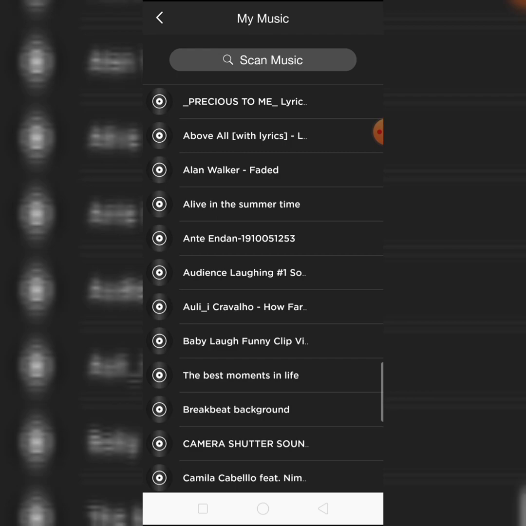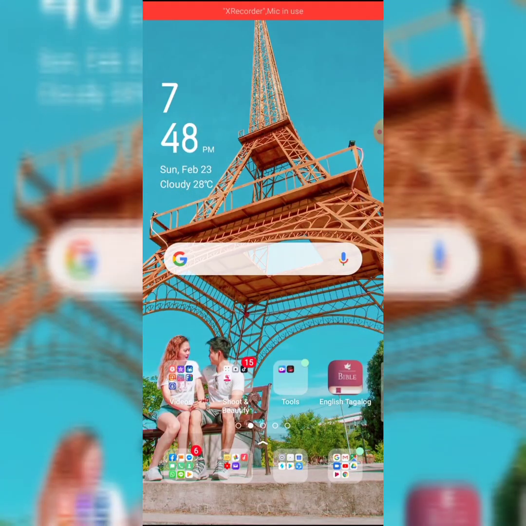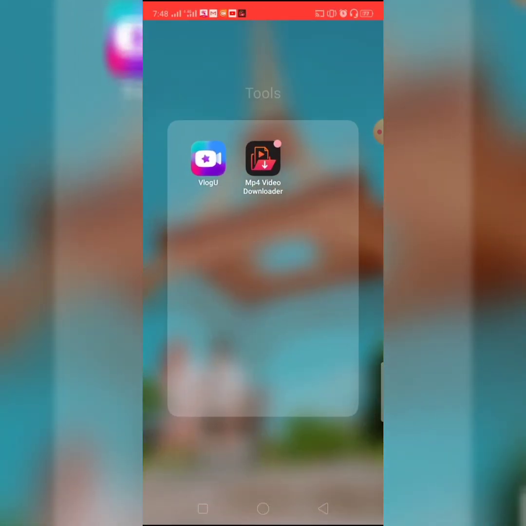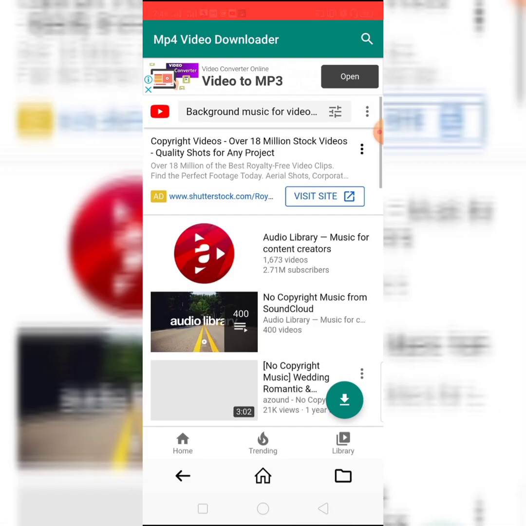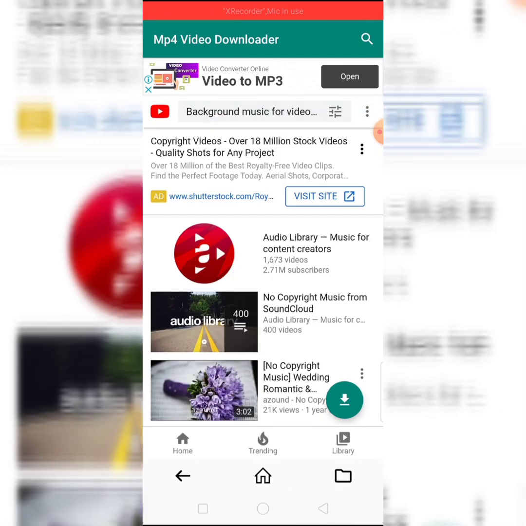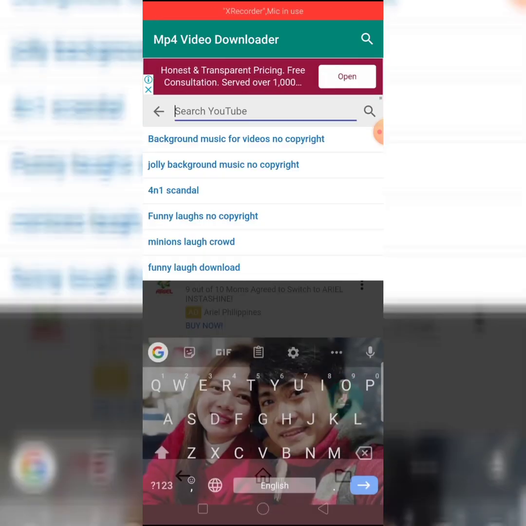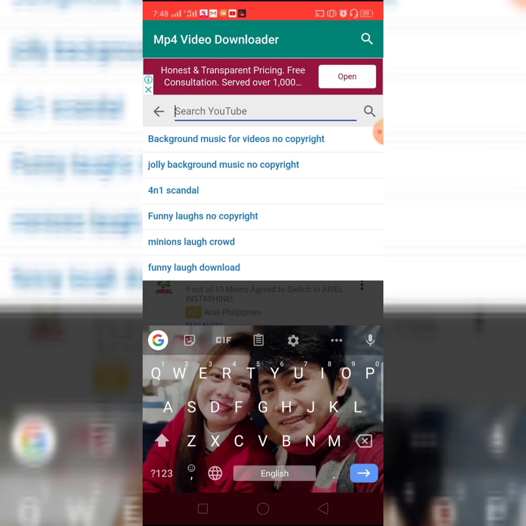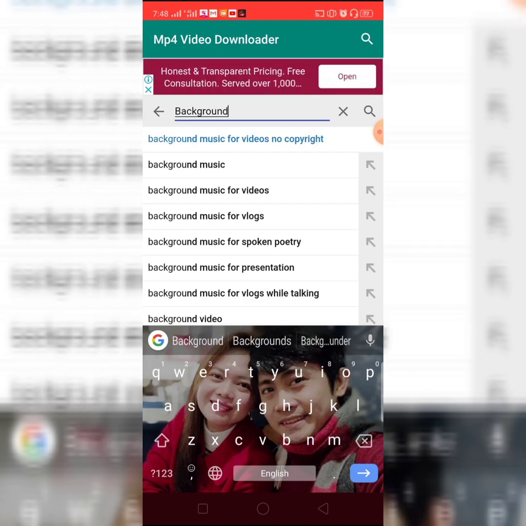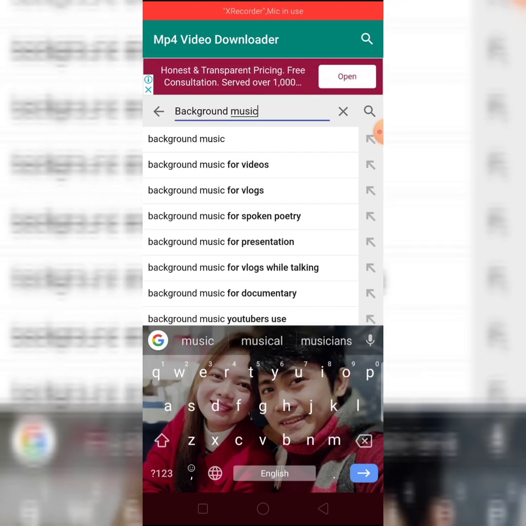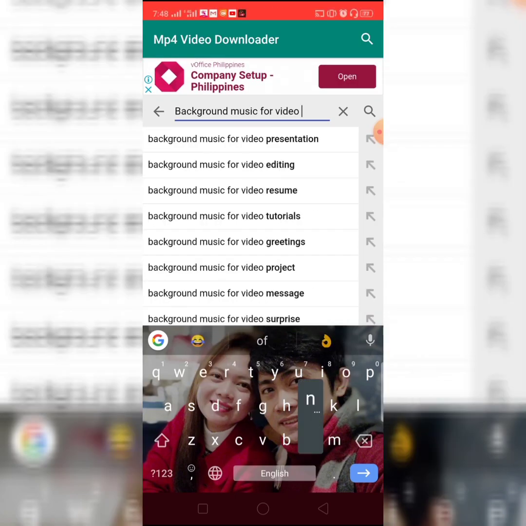So if ever you still don't have the music, just exit this one, and then this is the time that we will use the MP4 video downloader. Just click the MP4 video downloader, and then from the YouTube option, you can search music. For an example, background music for video, no copyright,